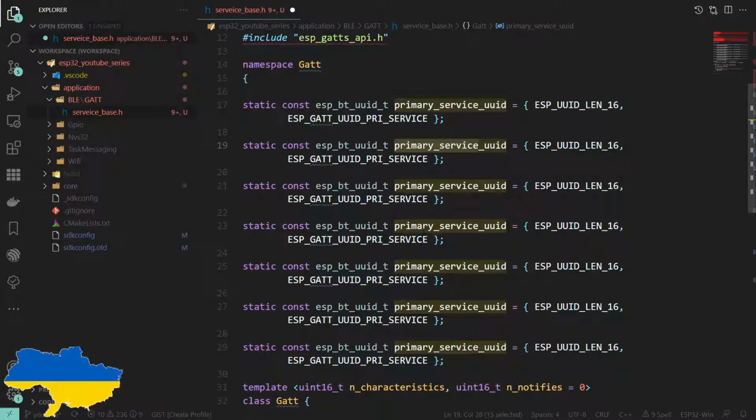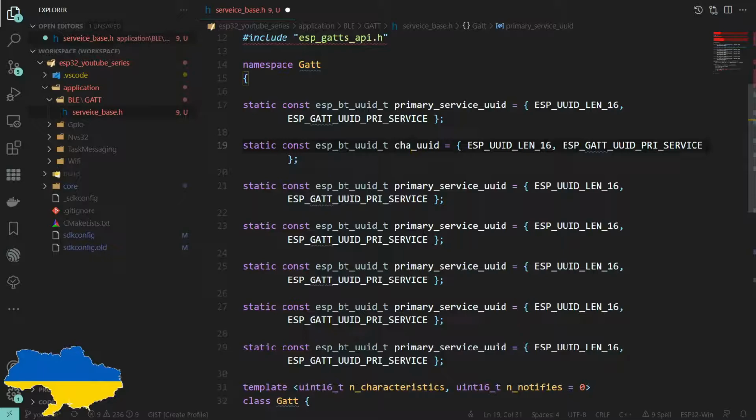So, what else have we got? Well, we saw that we need a UUID to say that the next bit of information is a characteristic description or a characteristic. And there's actually a few different ones here that we can talk about.